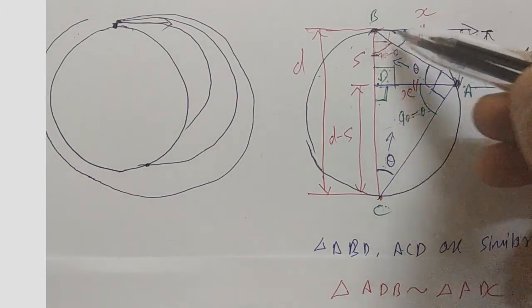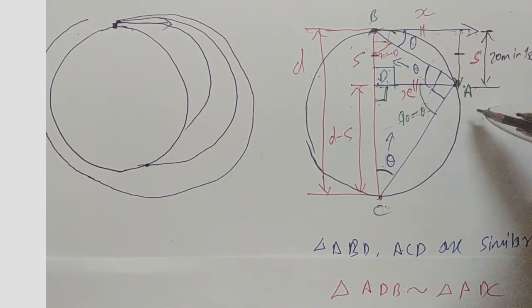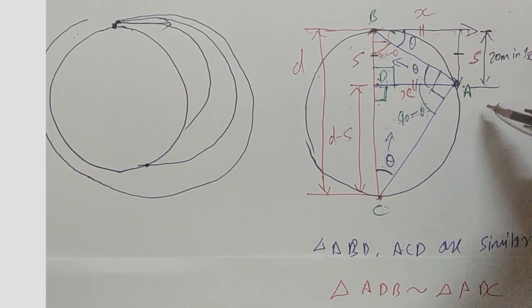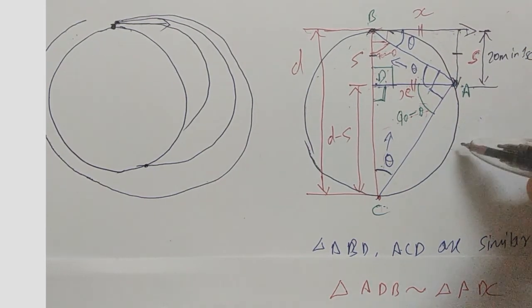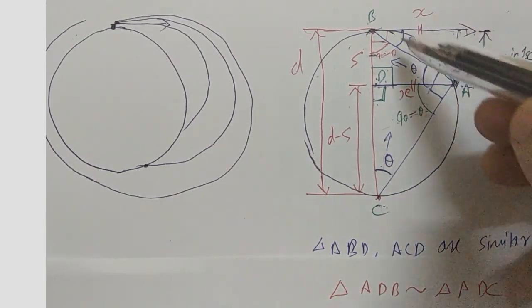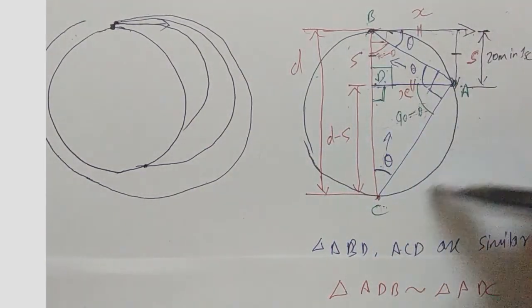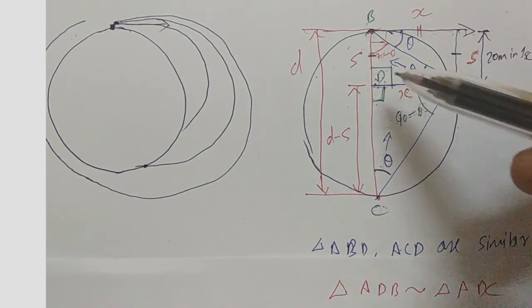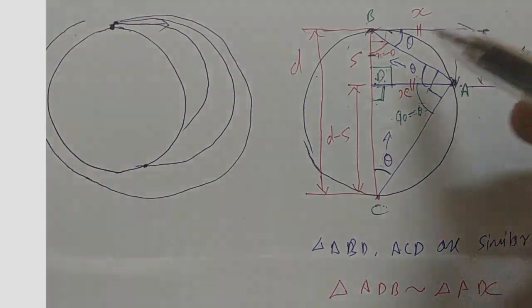That means the ball is trying to fall towards the earth, but since the earth is continuously curving, the ball cannot reach the earth's surface, and hence it starts moving in a circular orbit. And that is the same case with the moon.